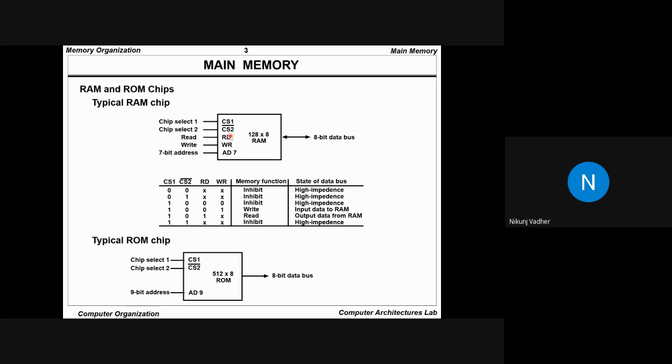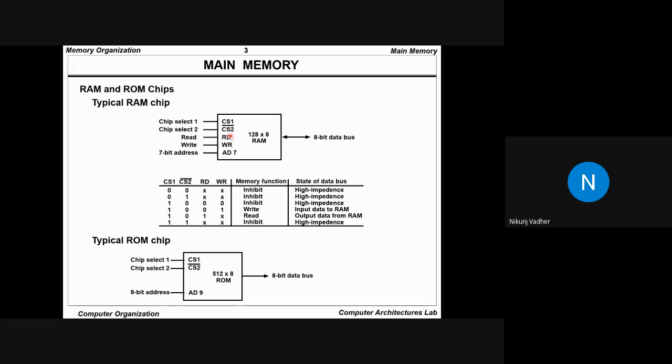Now, in main memory, we are having two types of memory, RAM and ROM. RAM means random access memory, we can directly access any content, and ROM is read-only memory. These memories will have size, size means capacity. If you look at the RAM physically, then on one side of the RAM there will be a memory chip, and on another side of the RAM there will be a controller.